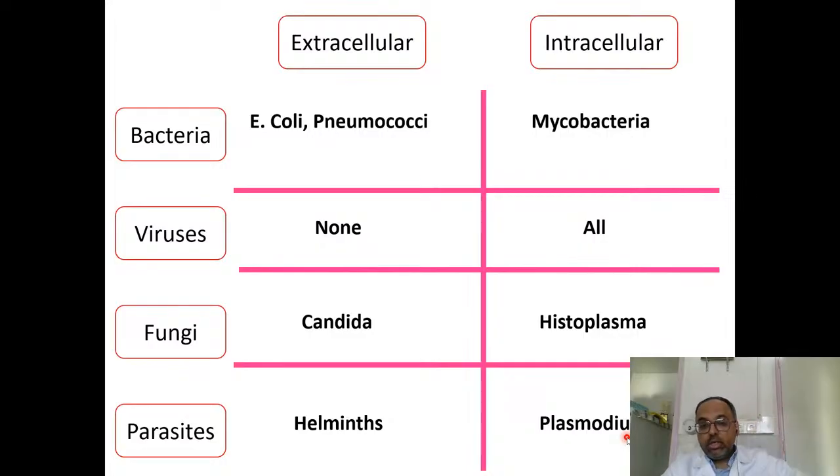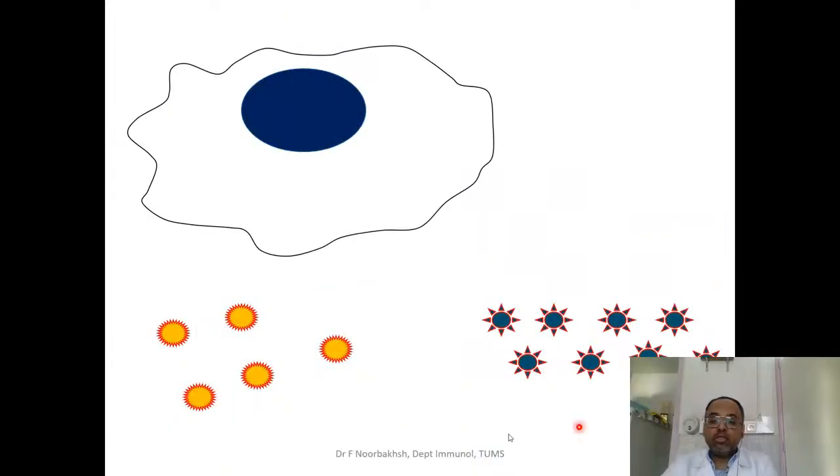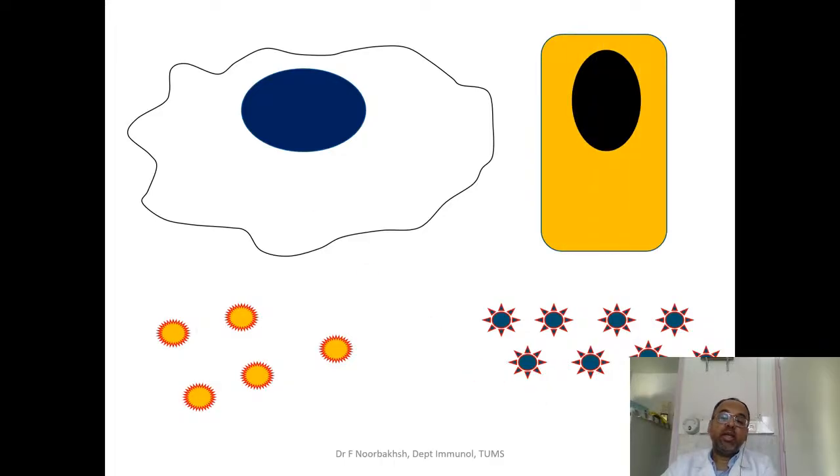But before doing that, we need to refine this table a little bit, because intracellular comprises two subspaces, and extracellular also includes two subspaces. So each of these parts should be divided to two parts. And in order to show you that, for intracellular, imagine that I have a mycobacterium and a virus in this figure. So here on the left-hand side, I have some mycobacteria, and this is a macrophage. And on the right-hand side, I have some viruses, and here is a cell.